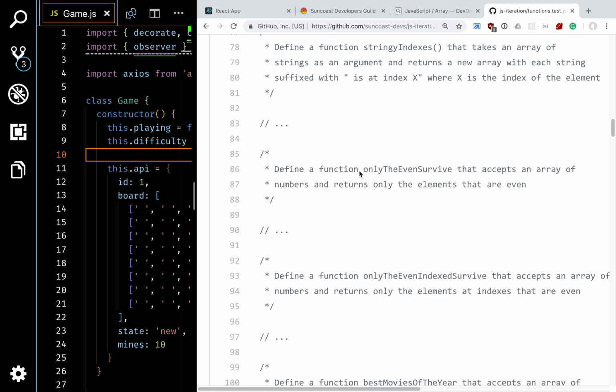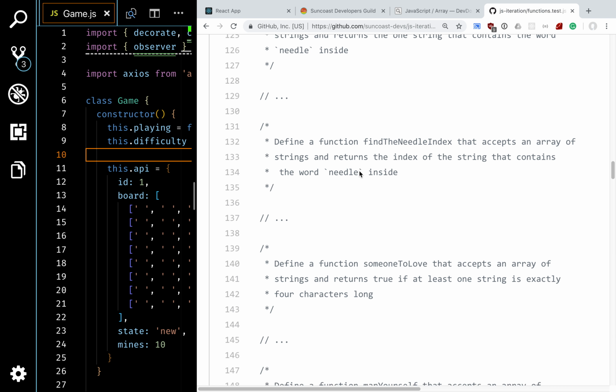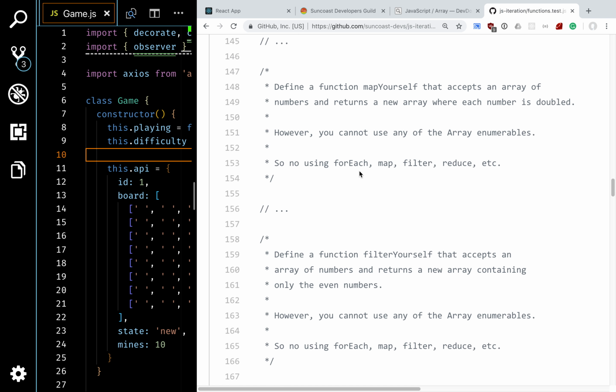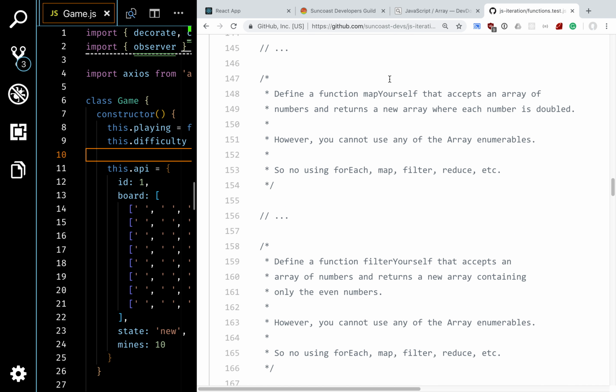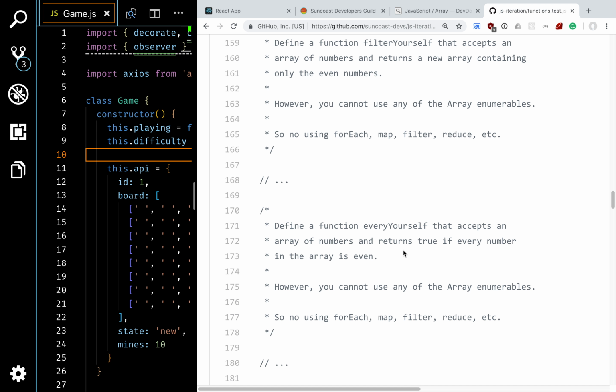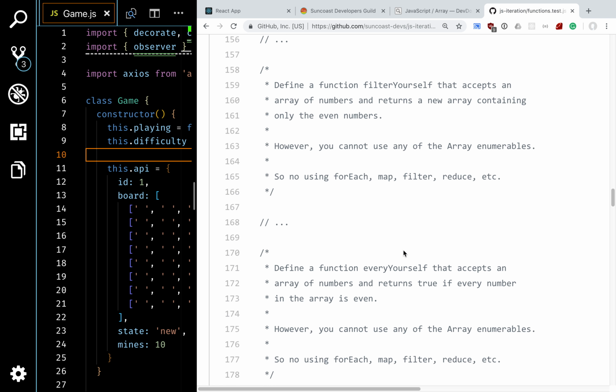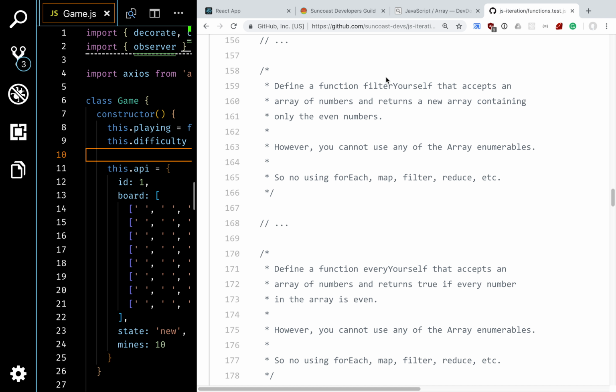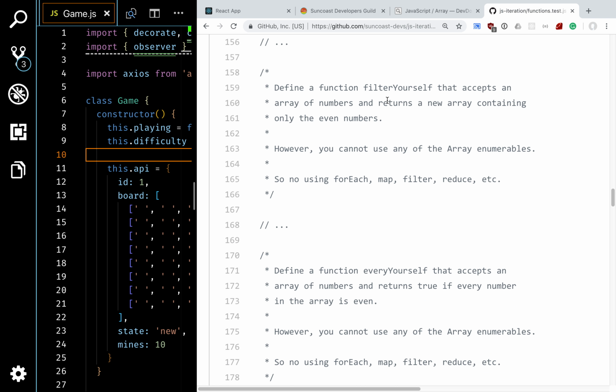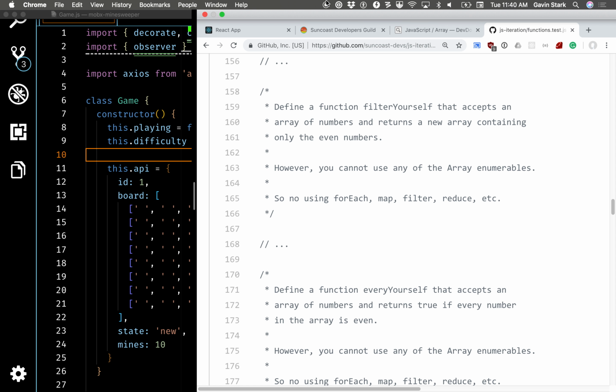If you keep going all the way down, there are some of these that have a "yourself" in them. Map yourself, filter yourself, every yourself. Consider these adventure mode. Try them, but consider them adventure mode. For instance, for filter yourself, you're not allowed to use any of the array enumerables to implement it. So no using forEach, map, filter, reduce, etc. You've got to implement it yourself. Cool? So I'm going to assign this, and then I'm going to run